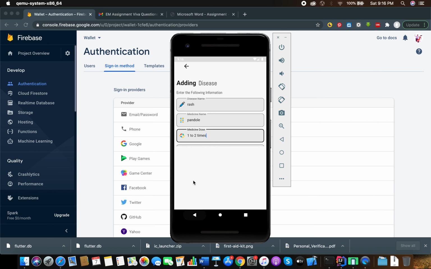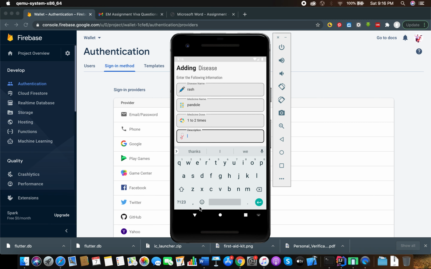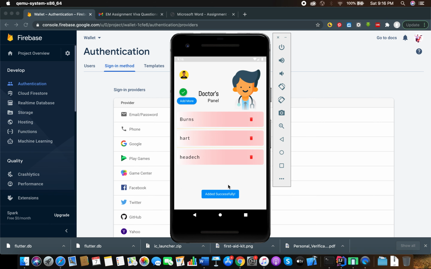I have implemented this with Google Firebase Firestore, and the description we will test. After it is added successfully, it will come to this place.